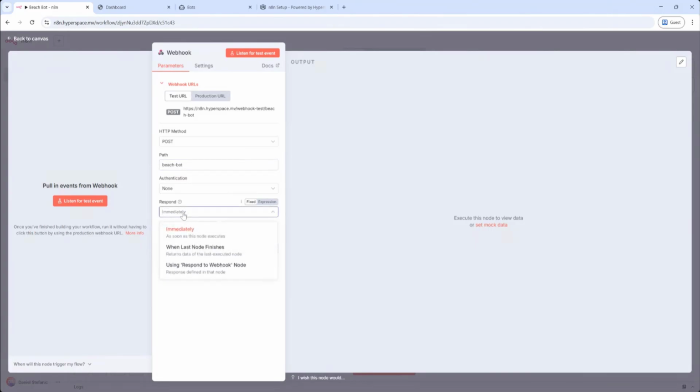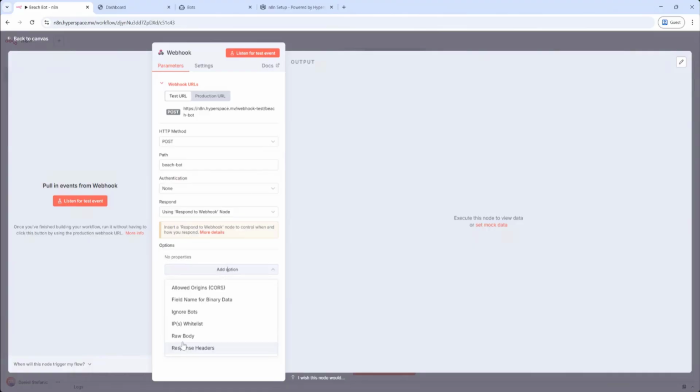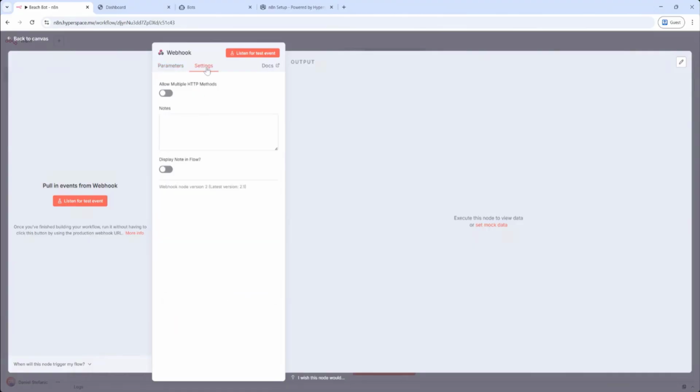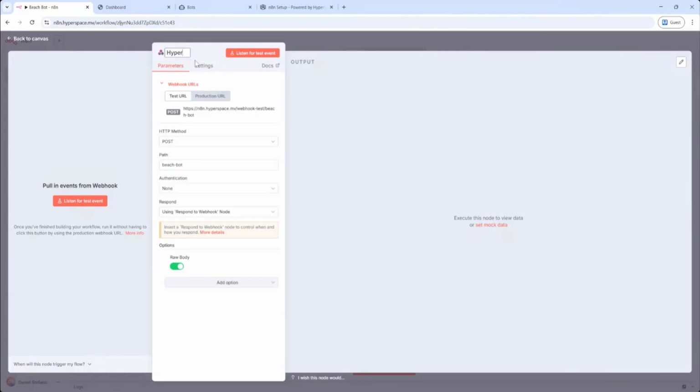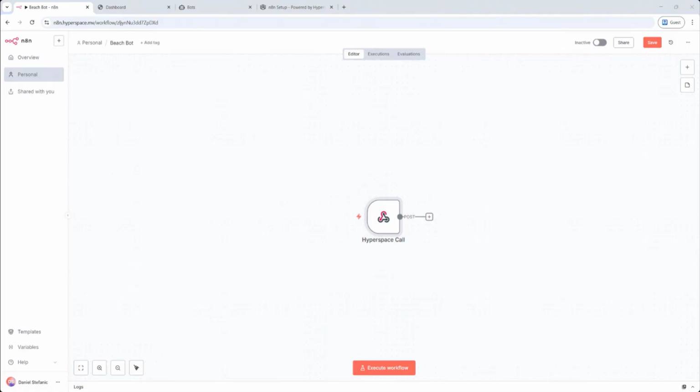We'll be using the respond to webhook node. And for the options, we want raw body turned on. Double check the settings. They should be default. They are. We'll rename this to the Hyperspace call, right? It's coming from Hyperspace. Now, we'll be able to put some other things in between here, but really what wants to happen when it comes in n8n, we receive it, we process it, and then we send a response back